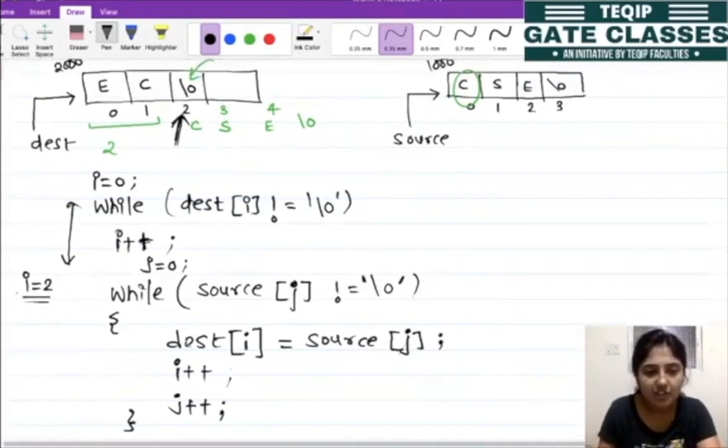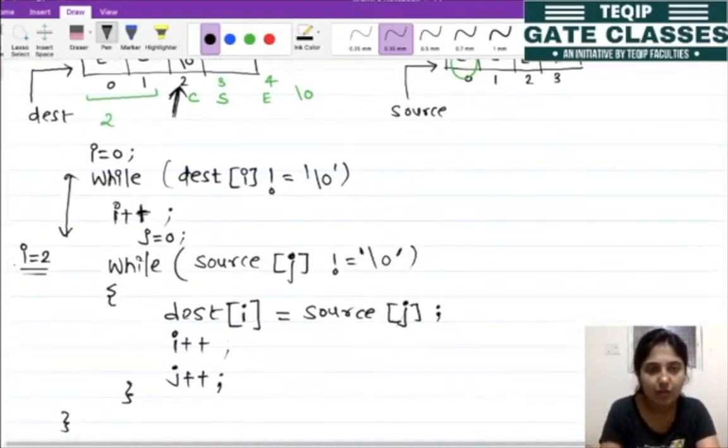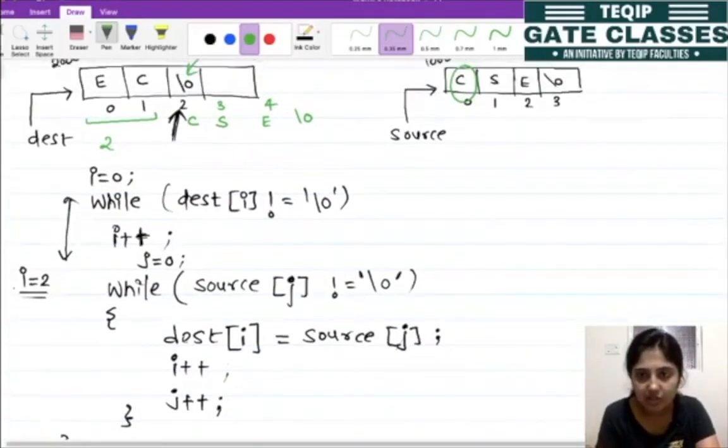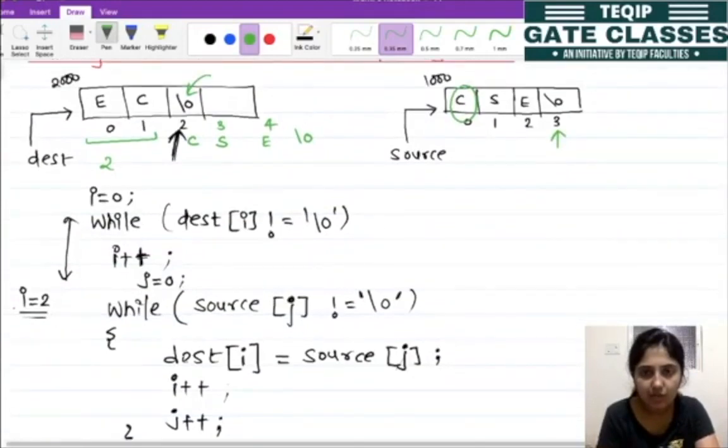So what this while loop is basically doing is, till we reach this null here, we want to copy whatever data or string this source is holding and append it into the destination. Therefore we need to use different index variables, because we want to point to this destination separately and point to this source array separately.